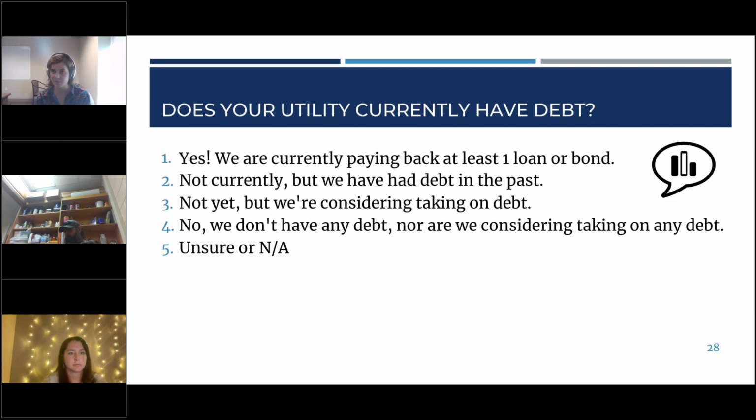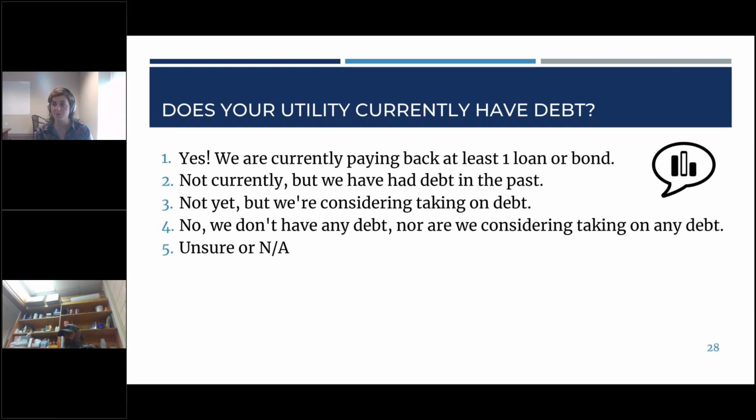For the folks that are considering taking on debt, at least at this point in history, there's a considerable amount of money going through the state revolving loan funds, some of which is offered in the form of principal forgiveness, but some of which is low interest loans. So we are seeing that more and more utilities have experience taking on loans, whether it be a USDA loan or one of those state revolving fund loans. And those are long-term financial commitments, right? So it's something important to keep in mind as you're thinking about the financial sustainability of the system.